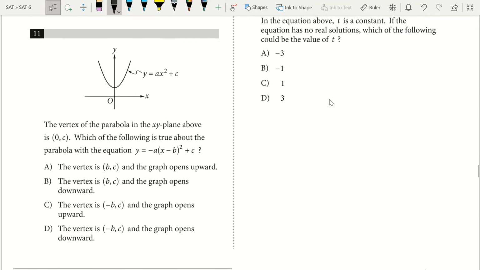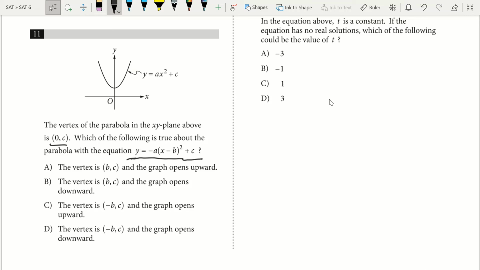Looks like we skipped question 11, so we'll go back to that now. The vertex of the parabola in the xy plane above is (0, c). Which of the following is true about the parabola? Man, I can't say that today. Which of the following is true about the parabola with the equation y equals negative a times (x minus b) squared